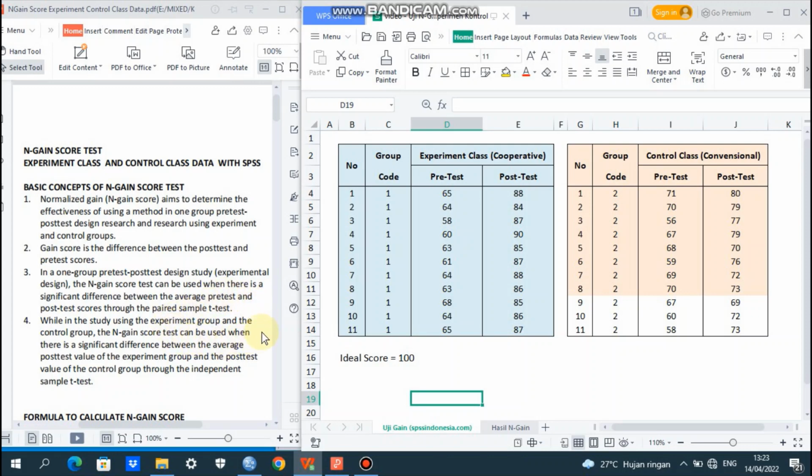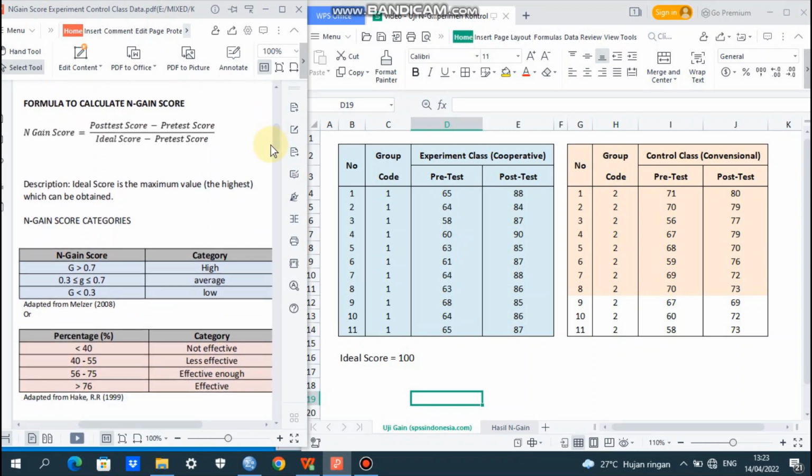While in the study using the experiment group and the control group, the N-gain score test can be used when there is a significant difference between the average post-test value of the experiment group and post-test value of the control group through the independent sample t-test.